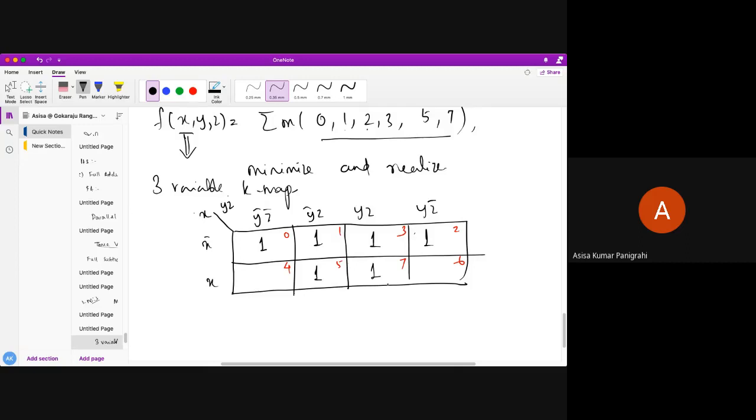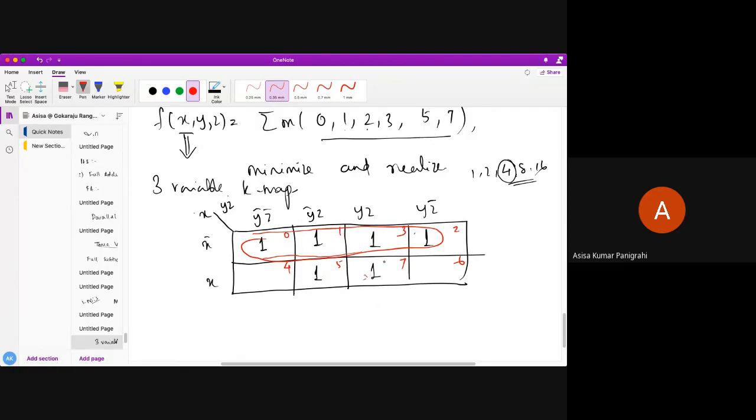So see here, I have told that all the min terms should be adjacent to combine, and the maximum number of min terms should be combined, and it should be in the form of 1, 2, 4, 8, 16. As I told, maximum number. So what I have to do, I have to choose 4 here, because these 4 min terms can be combined. So I can combine these 4 min terms like this. Okay, and as I know that these are all adjacent to each other, I can combine these things. Okay, am I correct? Now what are the 2 min terms left out? These 2 min terms left out.